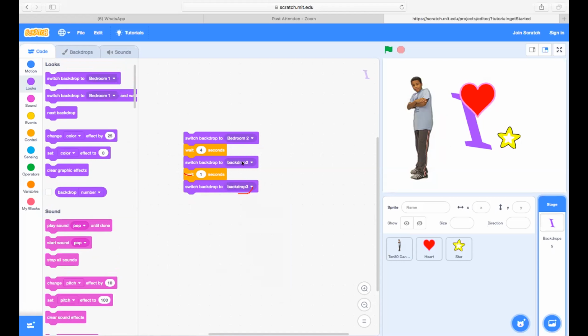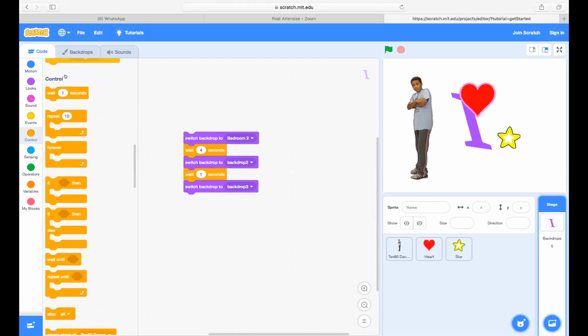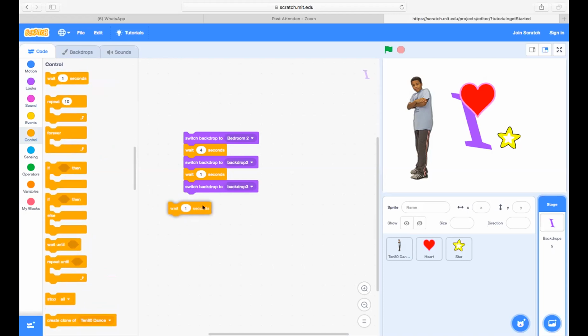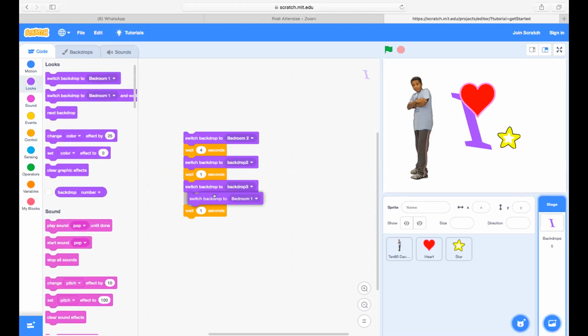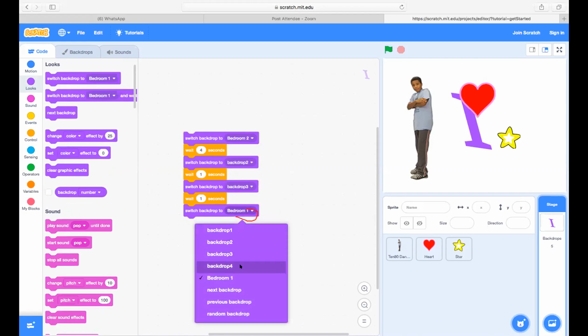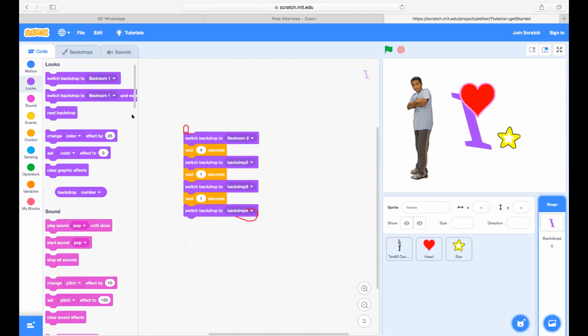Then again do wait for 1 second. Now again do switch backdrop. Krish, you are able to do it. Now backdrop 4. Make backdrop 4. And put a green flag.